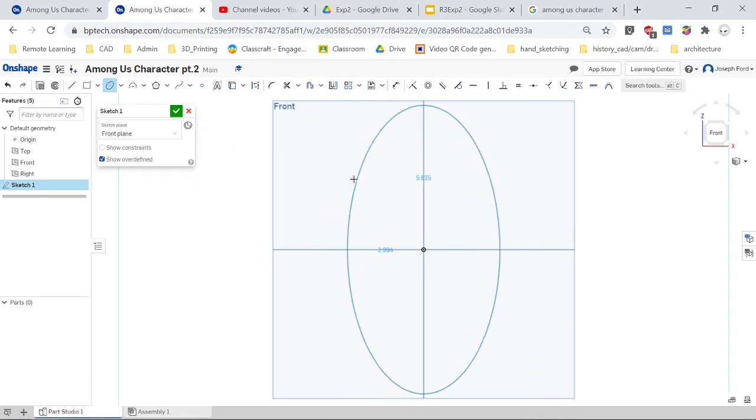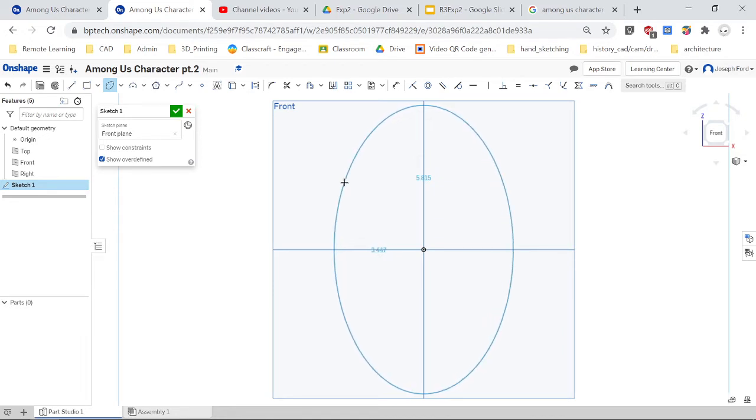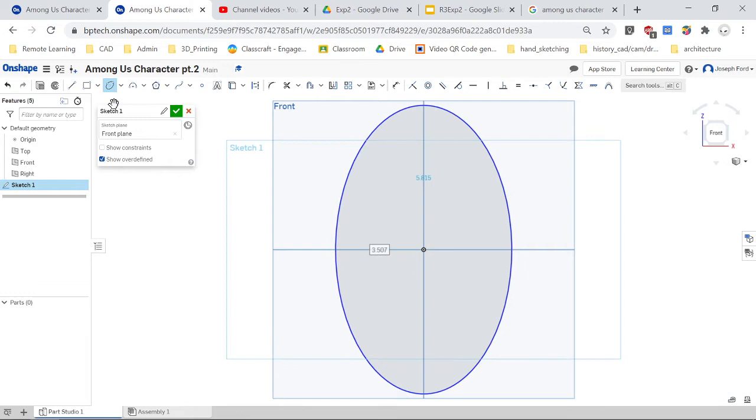and now I'm going to give the girth, I guess you could call it, or width of the Among Us person, thing, whatever it is. And I'm going to make that about 3.5. That gives it a nice shape. And now I'm going to draw some lines to cut it. So click on the line tool, and then from this top section I need to come down,